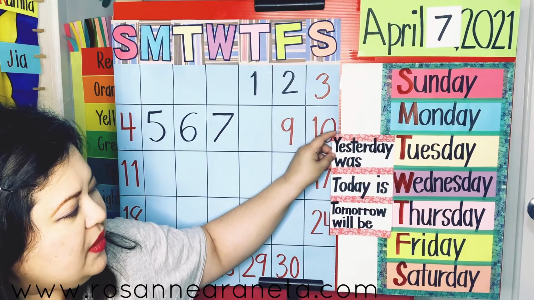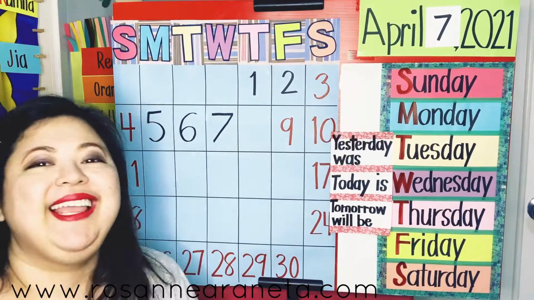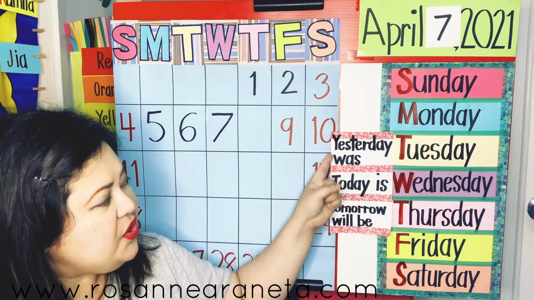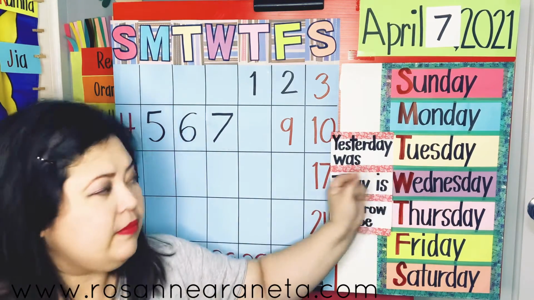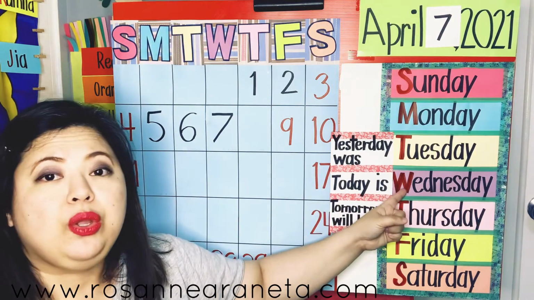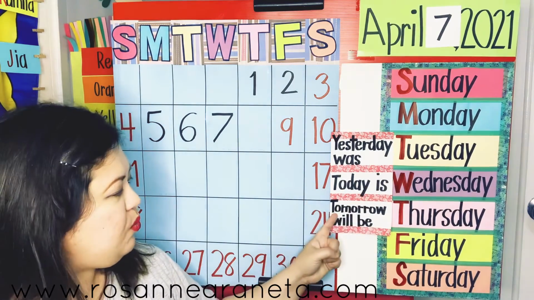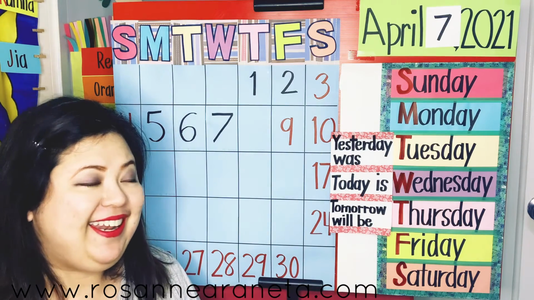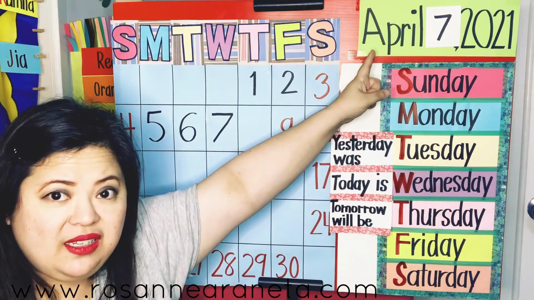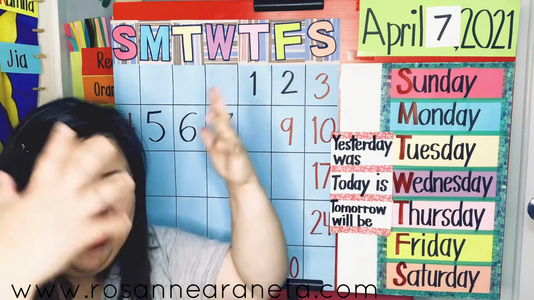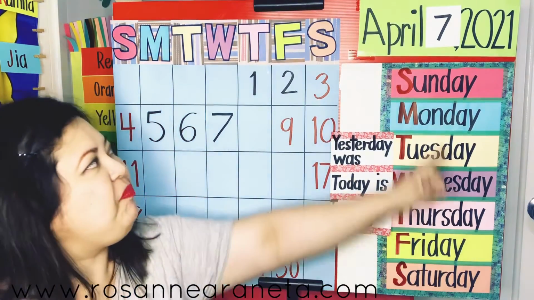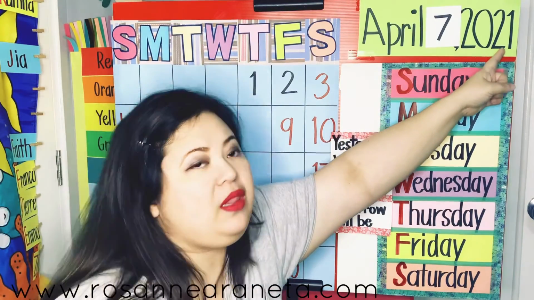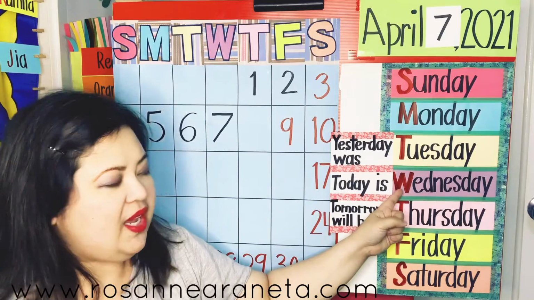Let's move this sliding card down and review. Let's read what it says. Yesterday was Tuesday. Today is Wednesday, and tomorrow will be Thursday. Now, let's read the date and say the day, and we are done. Here we go. Today is April 7, 2021, and the day is